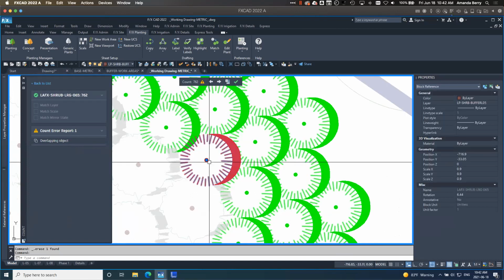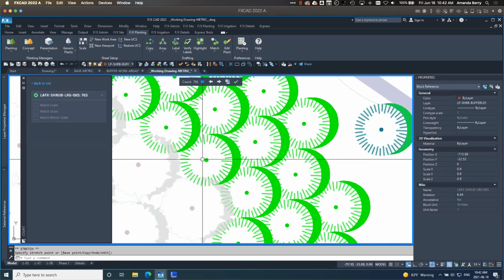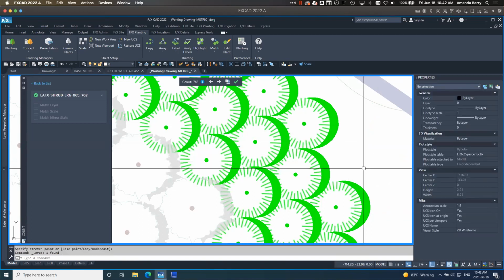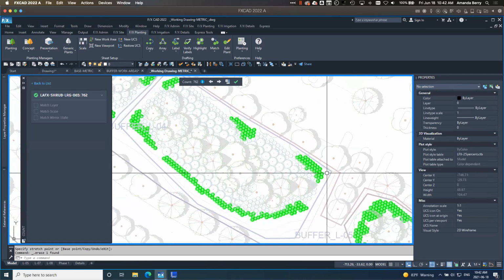I can select it, and maybe I move this one off to the side, and you can see there were two, one on top of each other, and they just turned green because they're no longer overlapping. And we fixed that issue. I can delete this extra one and we're good to go. So great companion tool with your Land F/X, planting tools, irrigation, and site tools to be able to find those